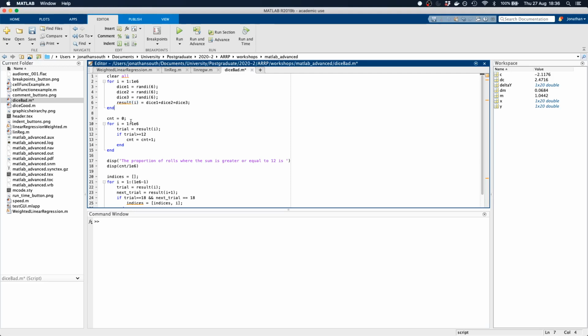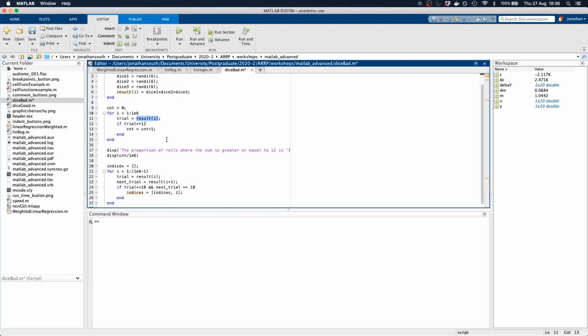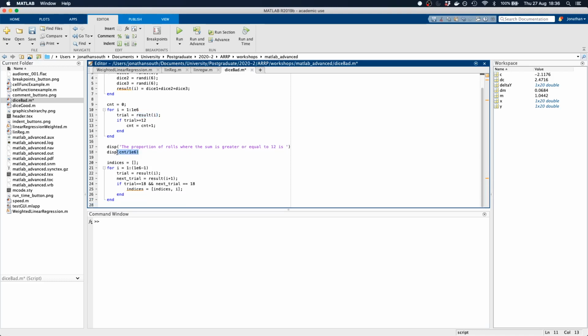And then they define a count variable, looping 1,000,000 times again over each of the results. We get the result and store it in a variable called trial. We say if trial is greater than or equal to 12, we add 1 to our count. That's pretty straightforward too. And then we're displaying a proportion. This is the experimental probability: the count divided by 1,000,000, which is how many trials we're doing. So this is displaying the